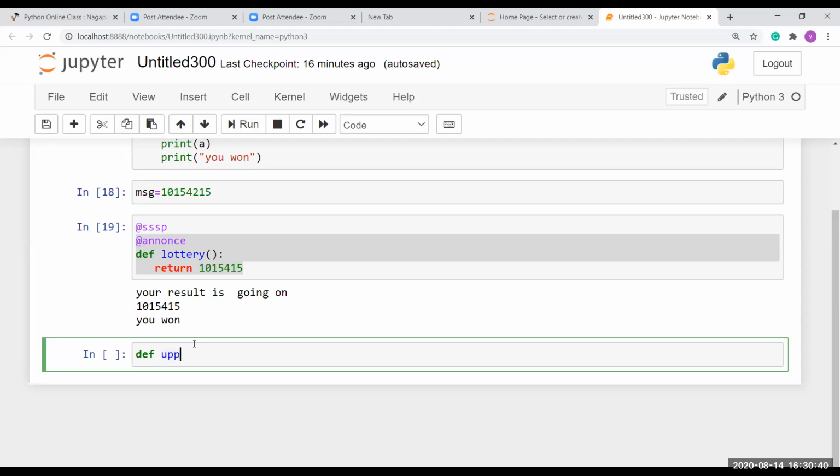Or I'm going to use split and upper, two methods in here. Okay, so first I need to create upper, and here I'm going to give func.